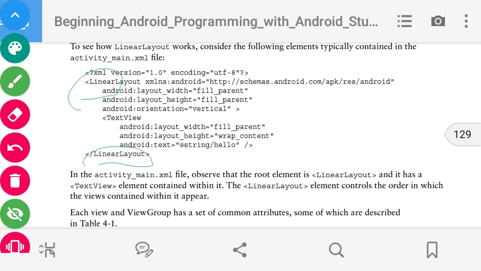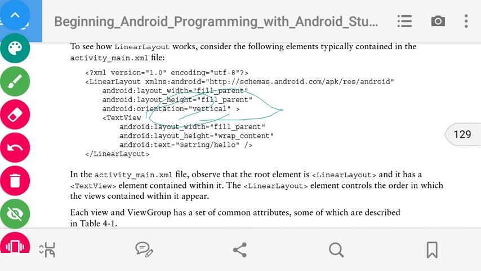Within this there is only one text view. In this example we have used only one text view, so it is arranged in a linear layout. Here the android:orientation property is set to vertical.